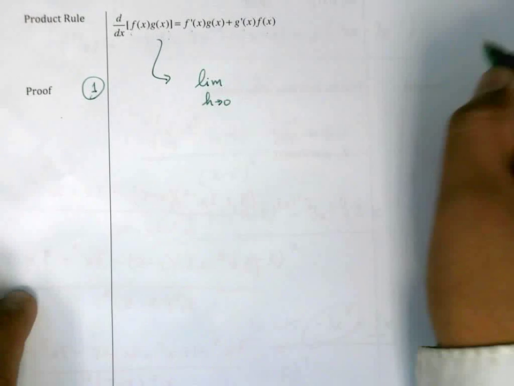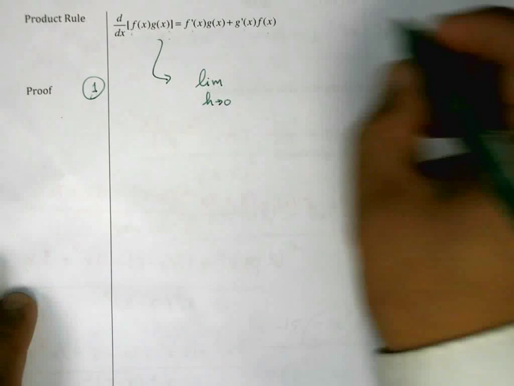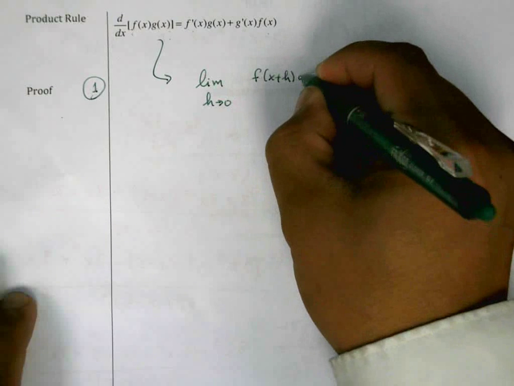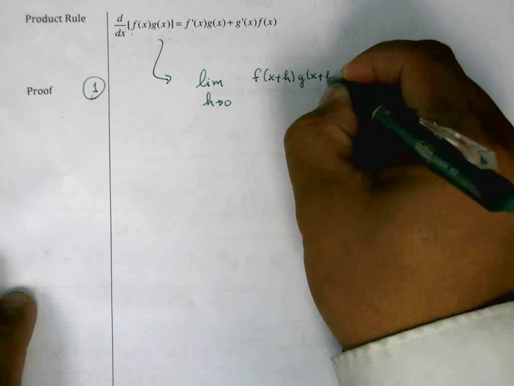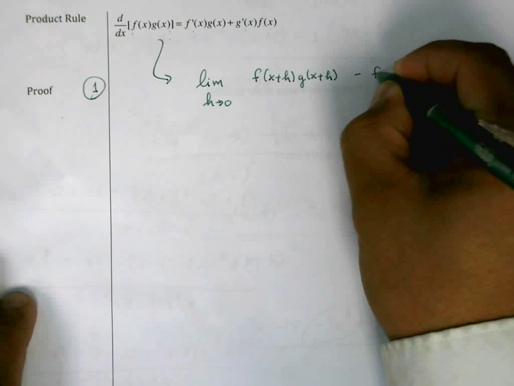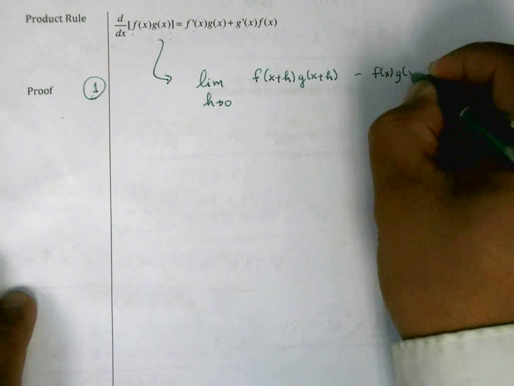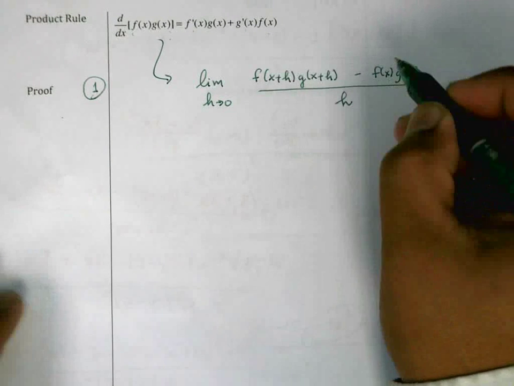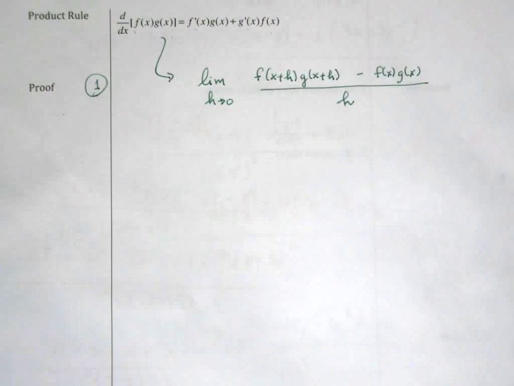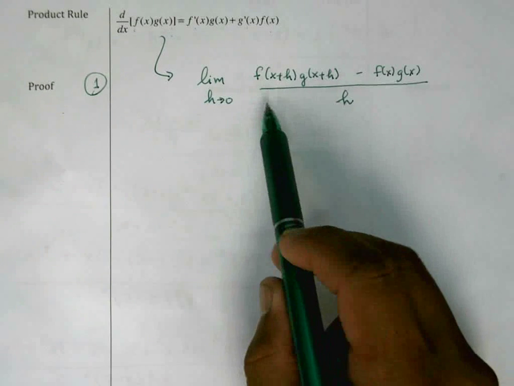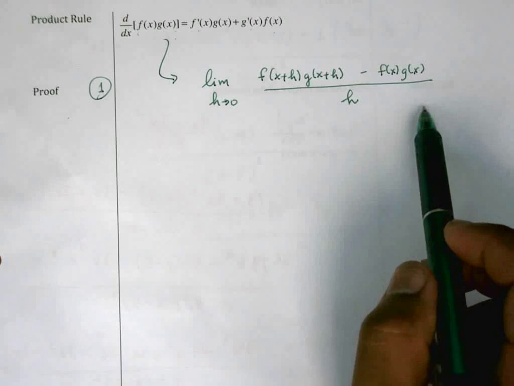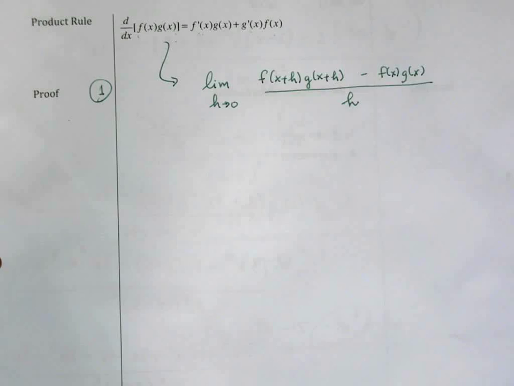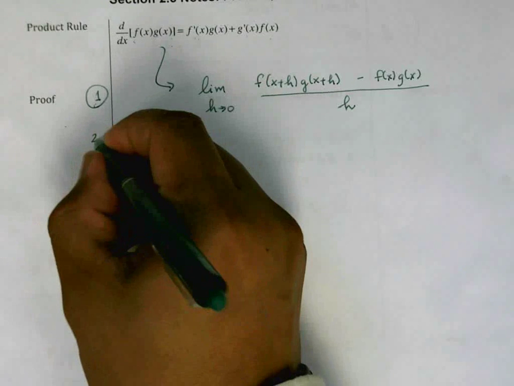So the limit as h approaches 0 of f of x plus h times g of x plus h, minus f of x times g of x, the whole thing divided by h. Our goal here is to do some algebra to this expression to get the derivative of f times g plus the derivative of g times f. And in the next step here, this is truly a magical step,